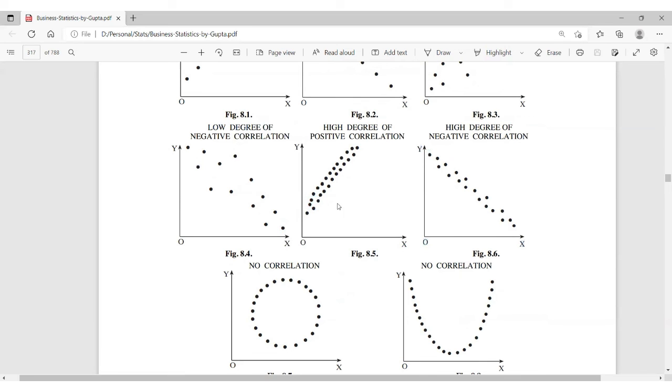Now come to the high degree positive correlation. If we draw a straight line, then the points are very close to the straight line. Each other, yes. So this is a high degree, fine. Similarly,